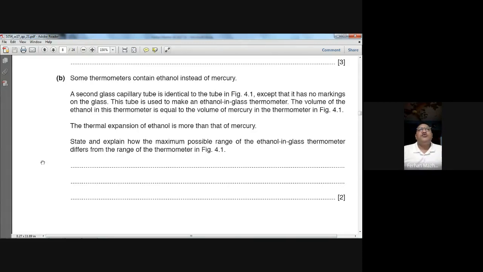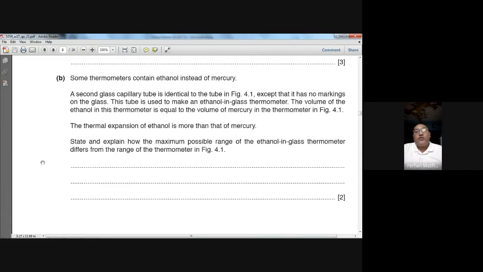This tube is used to make an ethanol-in-glass thermometer. The volume of the ethanol in this thermometer is equal to the volume of the mercury in the thermometer in figure 4.1. The thermal expansion of ethanol is more than that of mercury. State and explain how the maximum possible range of the ethanol-in-glass thermometer differs from the range of the thermometer